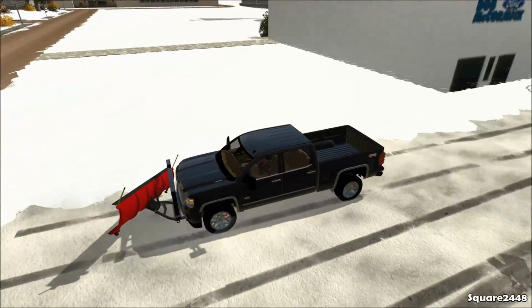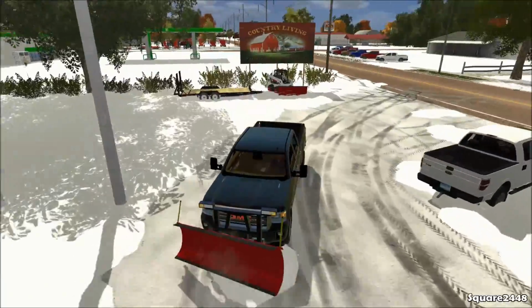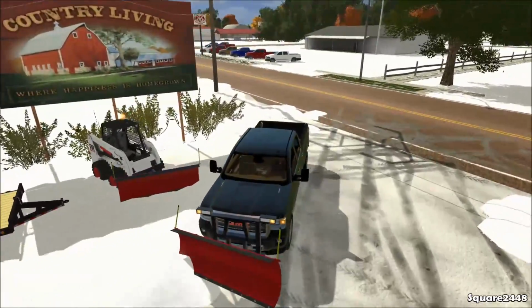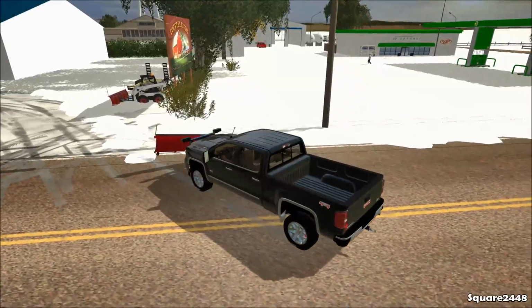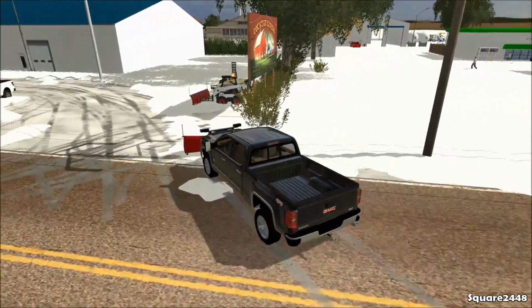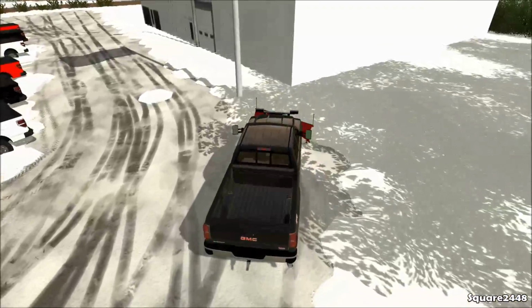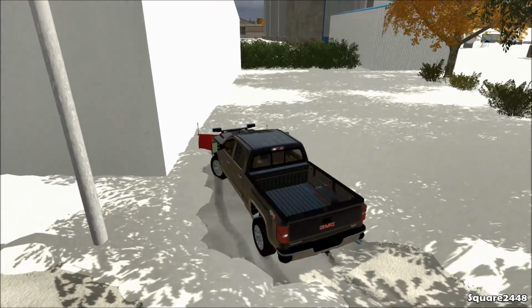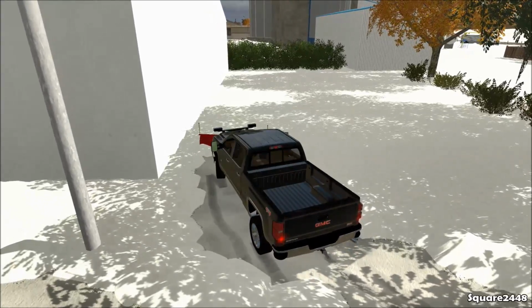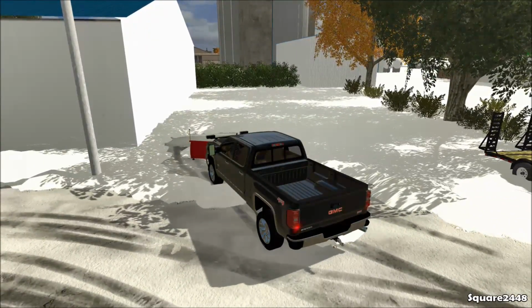We'll back on up here, and keep backing up does take a lot of time to do, especially when you're snow plowing, but I think it's worth it instead of trying to turn around. But we have a lot of tire marks down here, which is pretty cool that the game does show that, since I believe it did not in FS15. Pretty cool improvement. Looks like there's actually a collision, so we'll... Oh, I know. They do have parking...